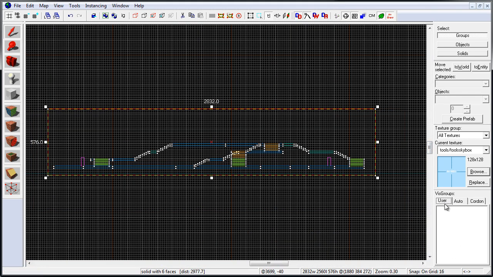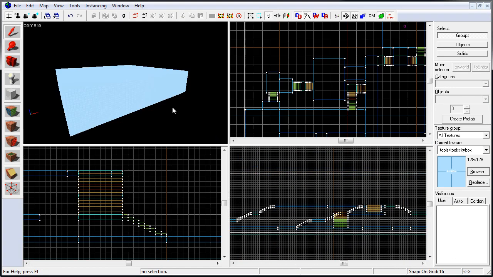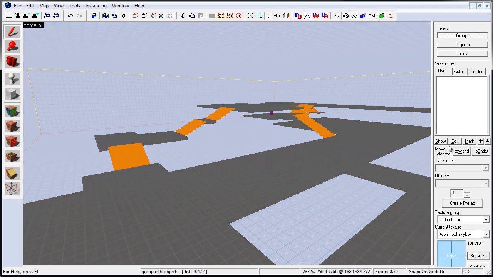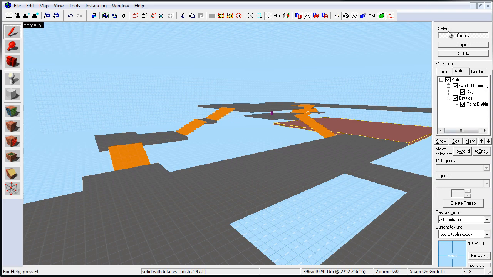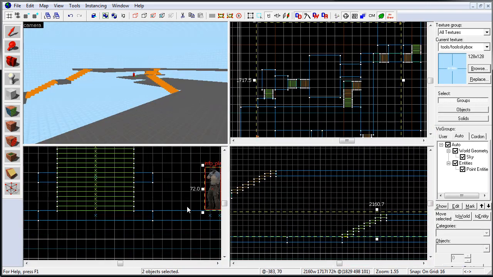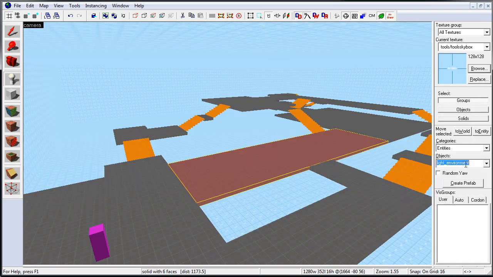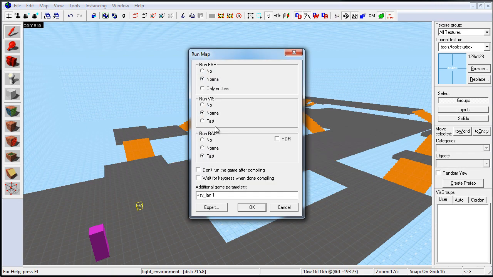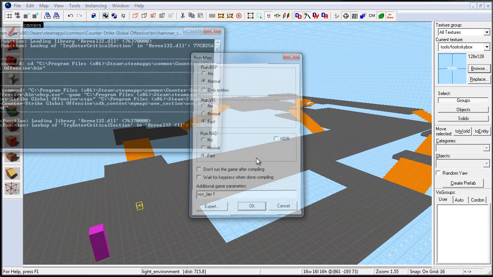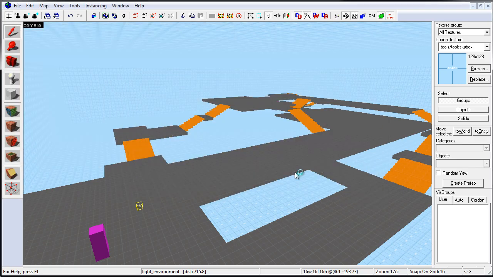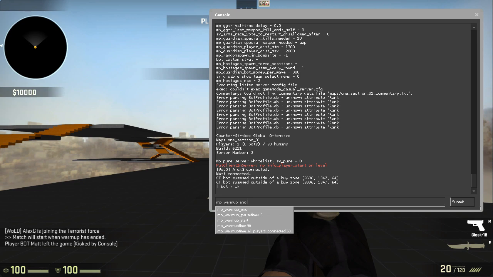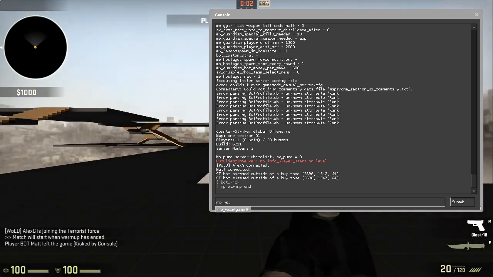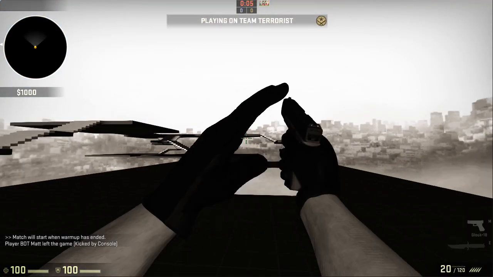And here I am done with the general first pass floor plan, and I went ahead and created a huge block of BSP brush and hollowed it out to create a sky around the map, around the floor plan. I inserted a light environment entity and two spawn positions for the CT and T teams, and this allows me to quickly compile and jump inside the map to playtest the timing of each team